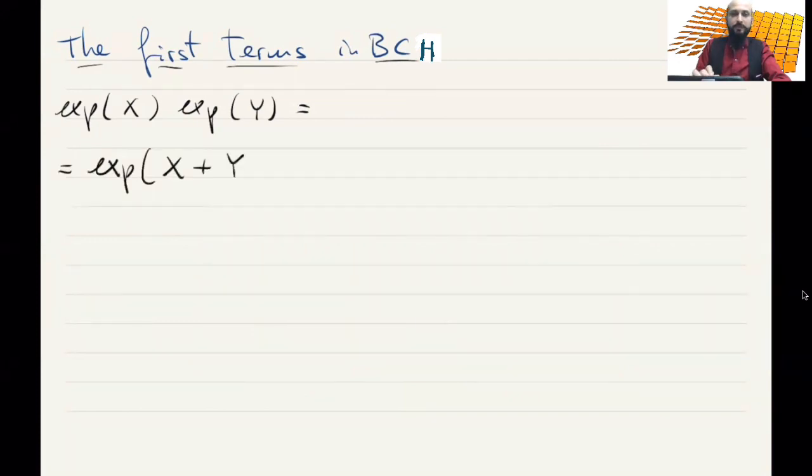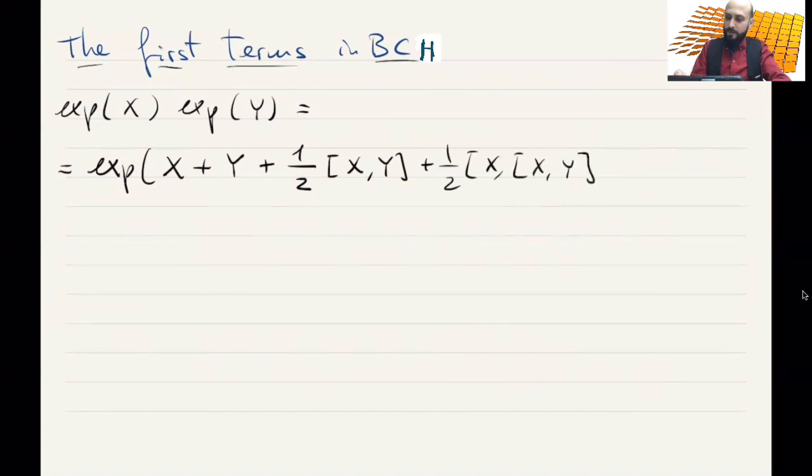And this would be an equality in the case of an abelian group. But then there are other terms. There is 1/2 the bracket of x, y, plus 1/12 of y, x